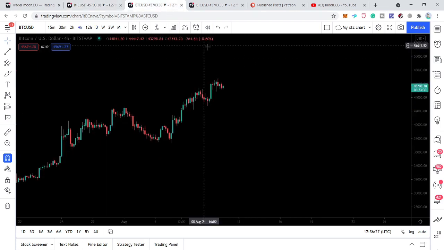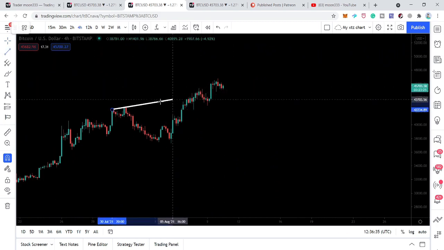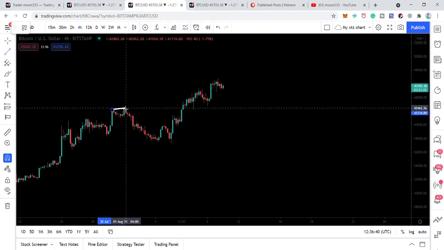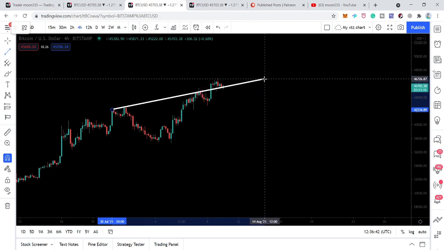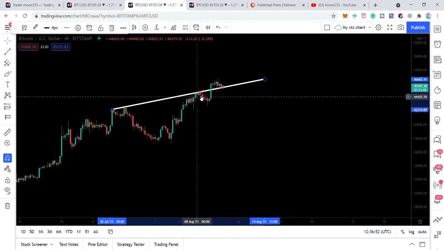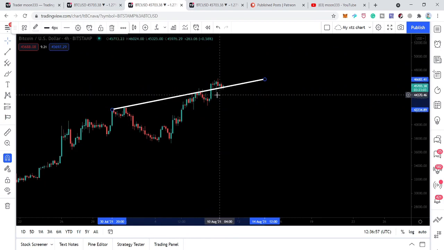Now let's move to the 4-hourly time frame chart. Yesterday I was telling you that we have found a resistance line here on the 4-hourly time frame, and while the price action has broken out of the 200 simple moving average, it has broken out of this resistance on the 4-hourly time frame as well. At the same time, while the price action is testing the 200 simple moving average on the daily time frame, it is also testing this resistance line. It was rejected here and here as well, and here the price action finally broke out of this resistance and is testing this previous resistance as support.